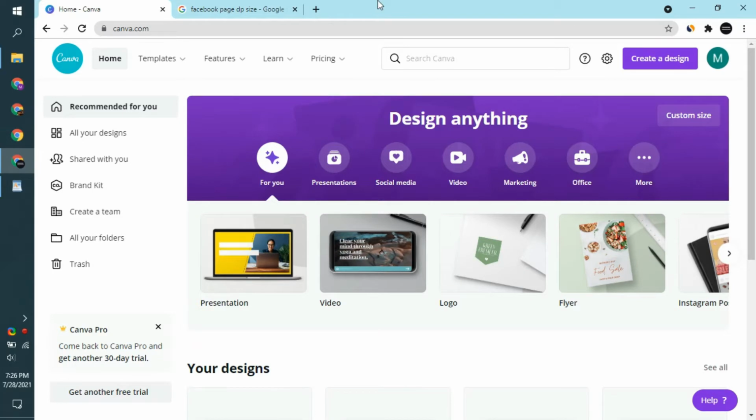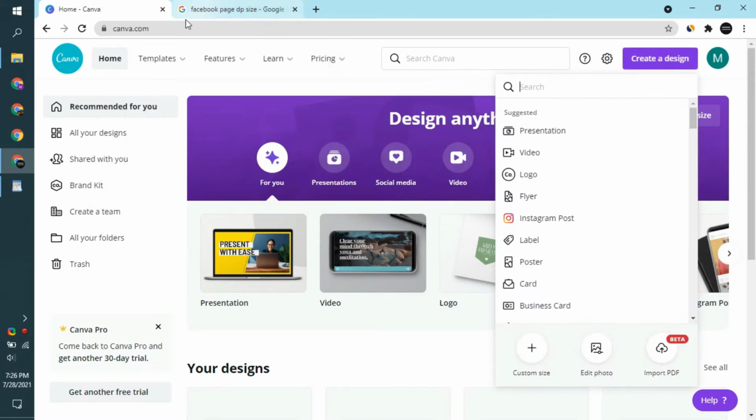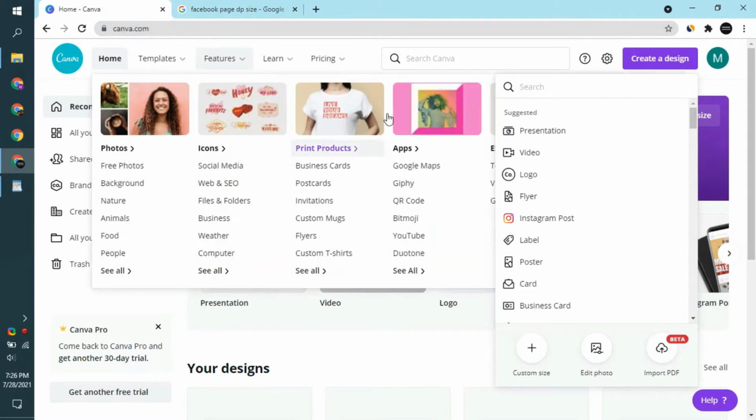So friends, it will take just 3 to 4 minutes to create a professional Facebook page logo. So what will you do? You will come up with this website. This is canva.com. What will you do? You will open this website and log in with your Gmail account, or you can create a new account as well. So I will also put the link in the description, or you can also search as canva.com,